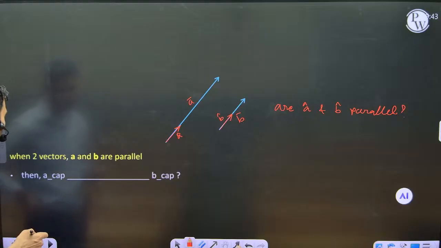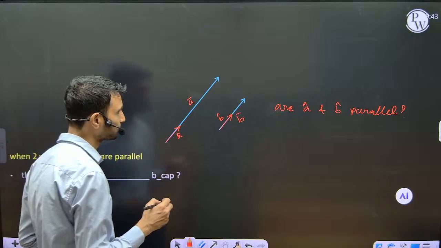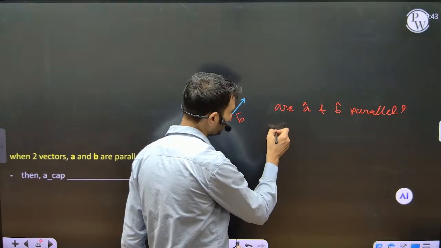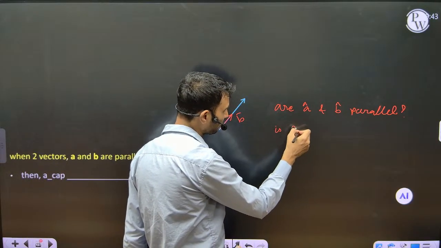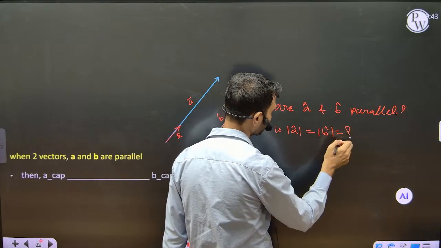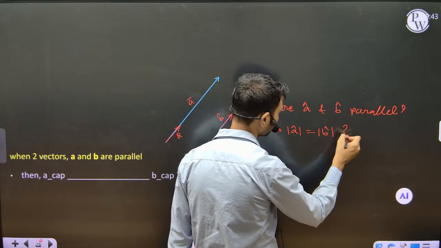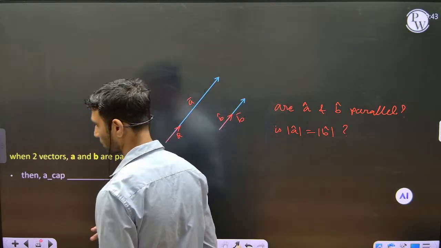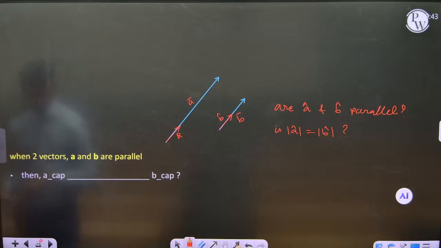So A cap and B cap, are they parallel? And the next question is, is the magnitude of A cap equal to the magnitude of B cap? That's another question. To answer these two questions,